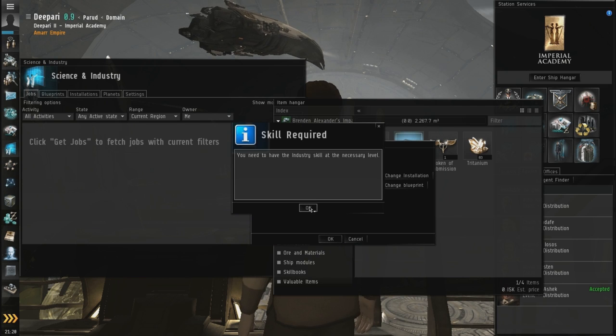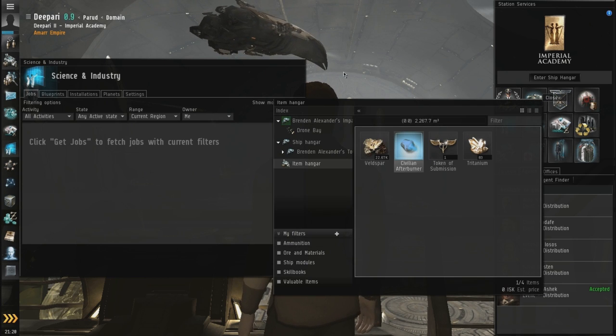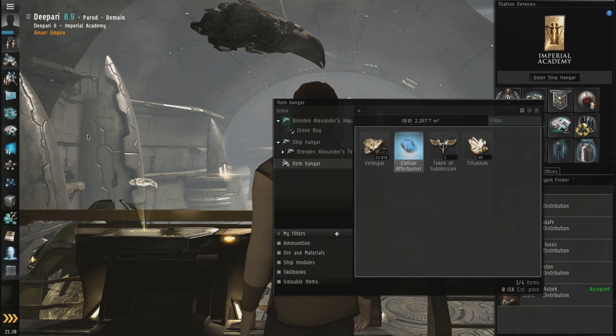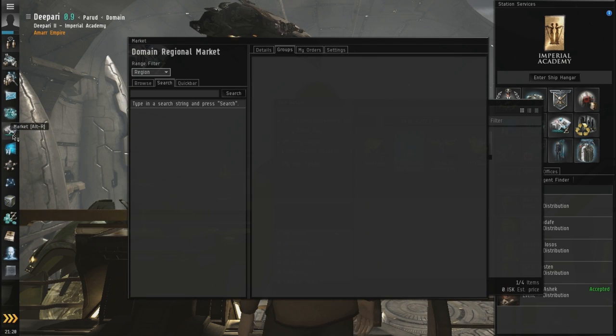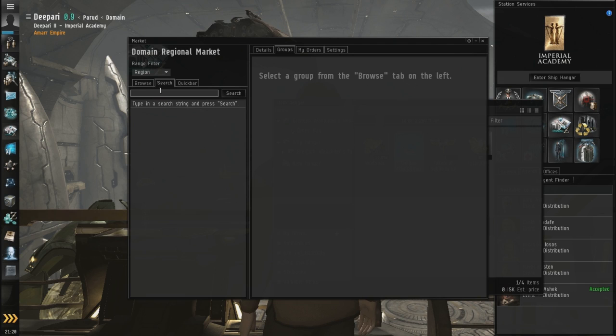Okay. And I don't have the industry skill at the necessary level. Yeah, you need skills for that as well. In other words, we need to buy that skill because they did not provide it for us. So let's take a look at the market here. It said we need the industry skill. So usually you could go through looking through here for it, or you can just go to search, type in the name of the skill,